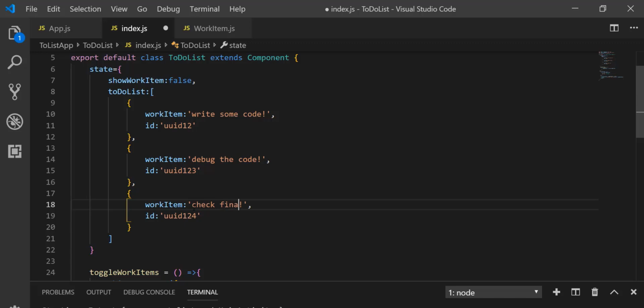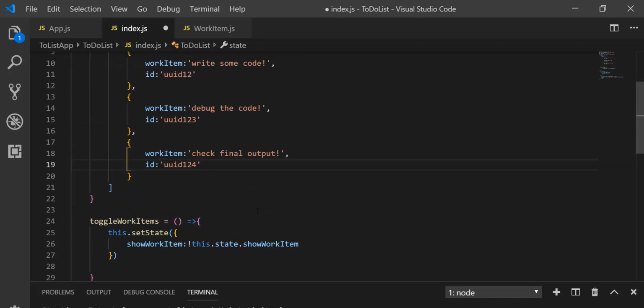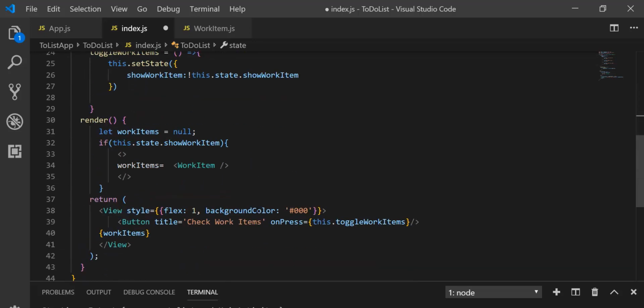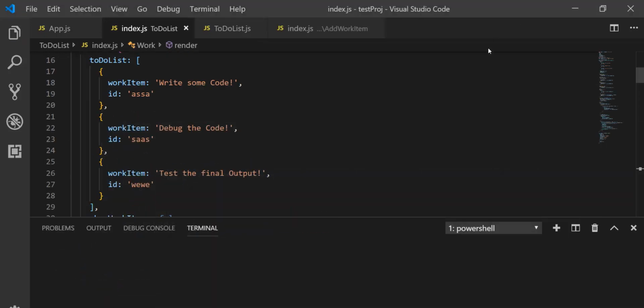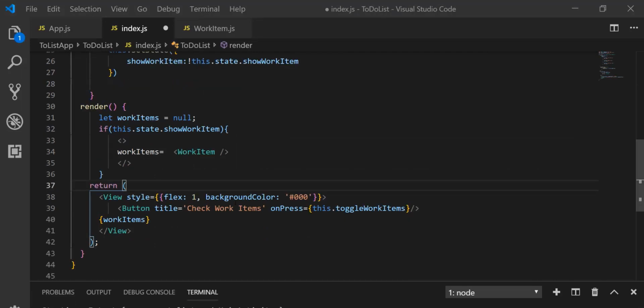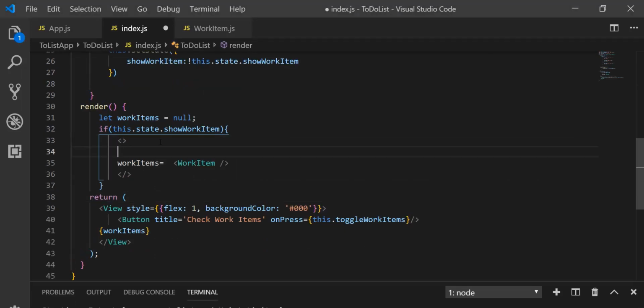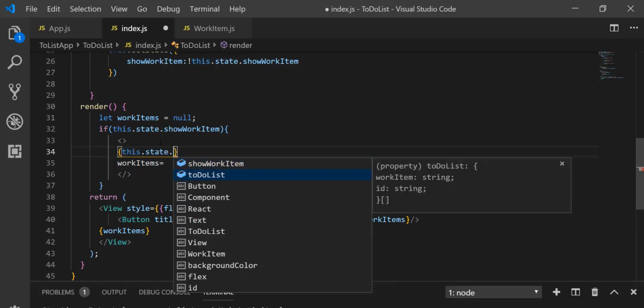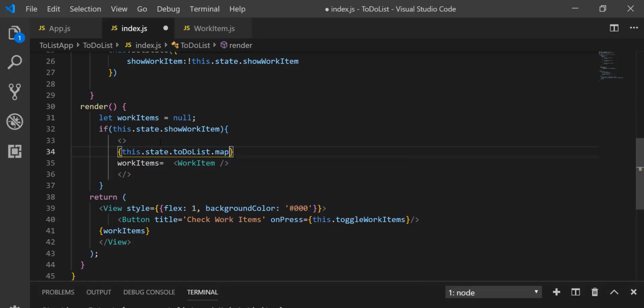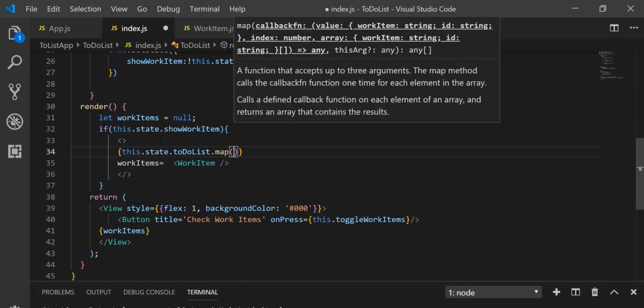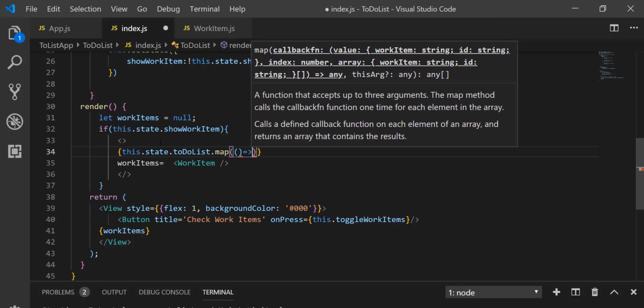So just check the final output. Now in the list, I have three work items with different, unique IDs. So inside this, I had to map all of this list. So this.state.map. Map is a higher order function that will hold a function as an argument. So inside map, just create an arrow function,